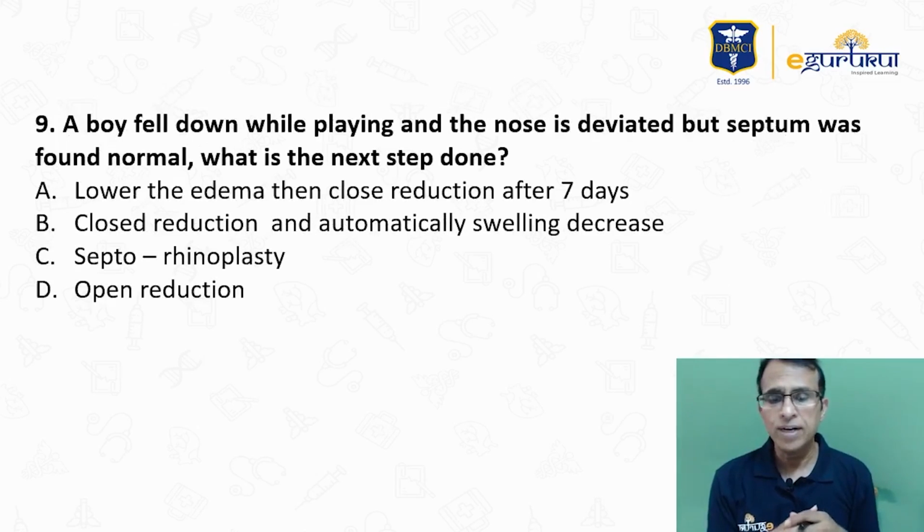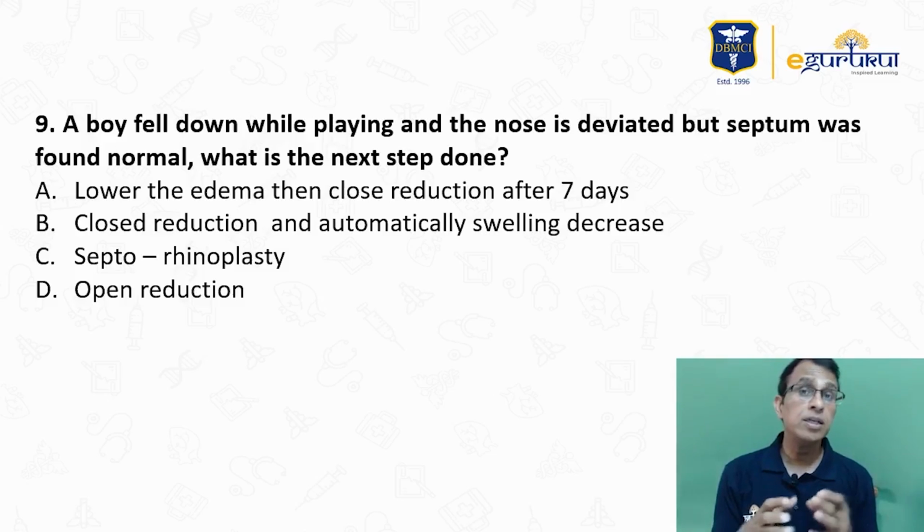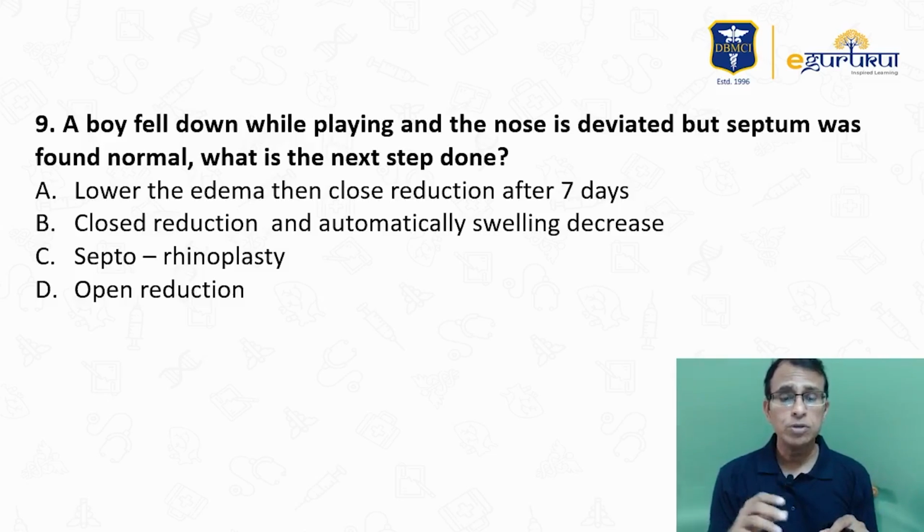Then a boy fell down while playing and the nose is deviated but septum was found normal. What is the next step? Lower the edema, then close the reduction after 7 days. Close reduction with an automatical swelling decreases. Septorhinoplasty, open reduction. So some people might think this is a clinical question, but clinical question, they don't give a